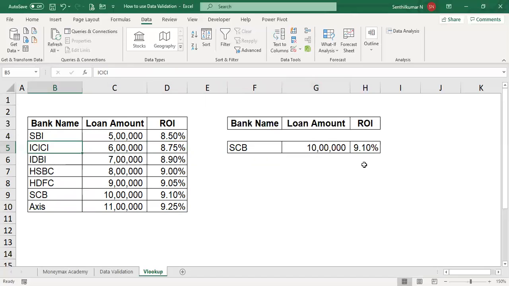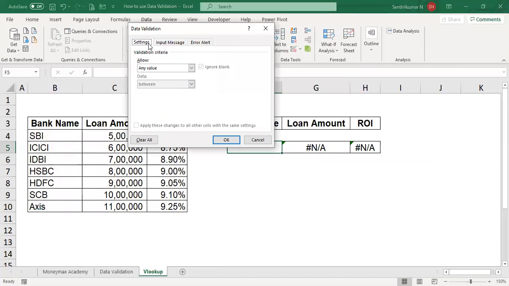Suppose you don't want to mention the data wrongly or make any mistake, you can use the data validation in a single cell. How to do that? Go to data validation, settings, list. What is the list available? I'm giving an example. This is the list available.